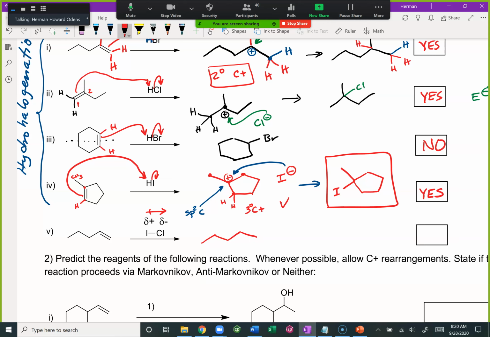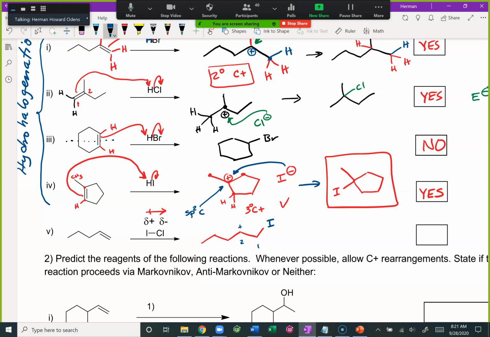The question I have here, I'm gonna put the answer here. Where will the iodine go? Carbon number 1 or carbon number 2? The carbon number 2. It'll be carbon number 1. And why is that? If I put the iodine here,